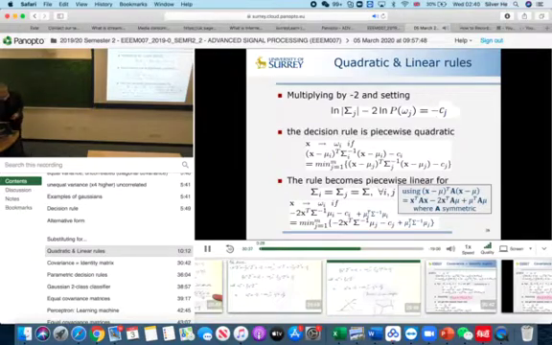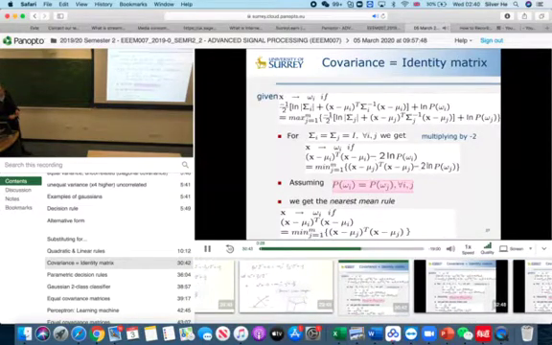But what we're going to do in the next step, if we make a couple of other assumptions as well, if we assume that not only are the covariance matrices of the classes the same as each other, but they're also equal to the identity,